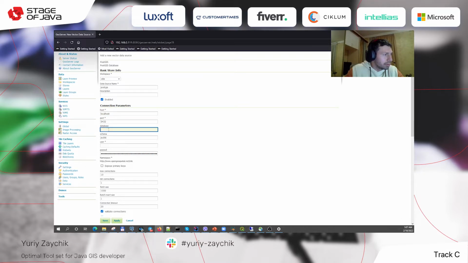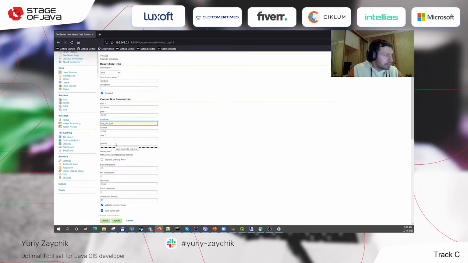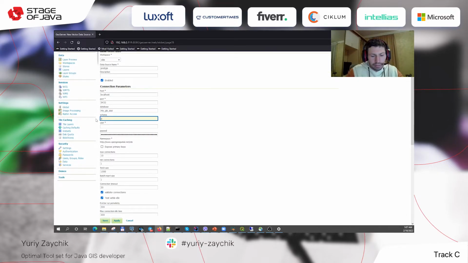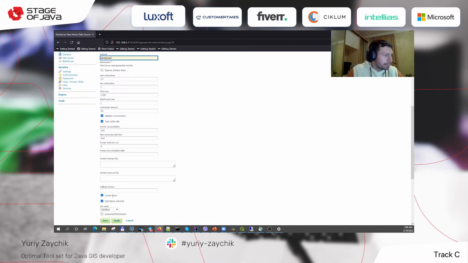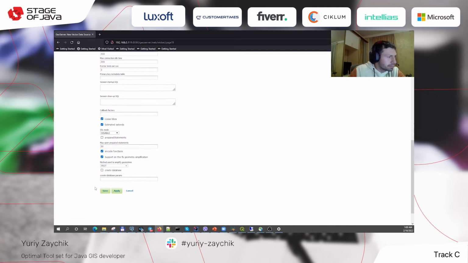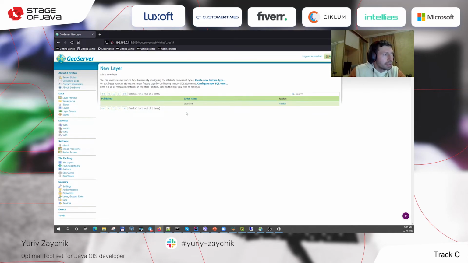Will be on localhost. We'll set our database. Schema is GIS. And user and password. There are also connection parameters. You can adjust them. So it created a data source and